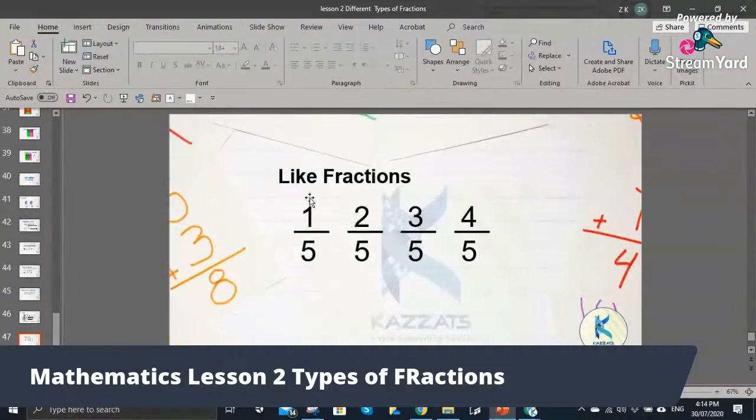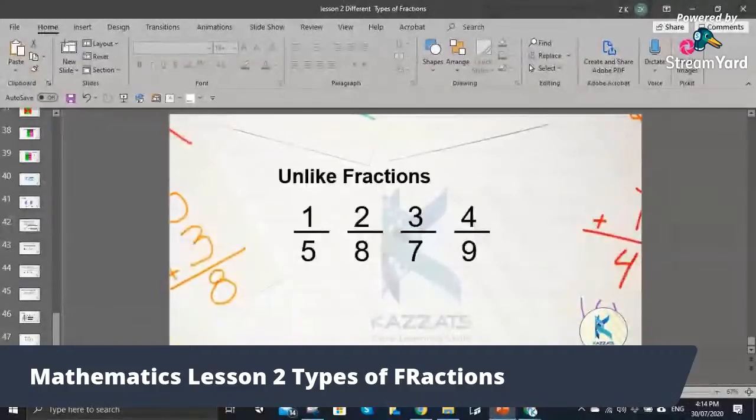If the denominators are the same, they are like. When you move on to higher classes and start to add, subtract, multiply and divide, then the terms like fraction and unlike fraction will be used very much. If you don't know how to identify a like fraction and an unlike fraction, then you will not be able to follow the guidelines. So better understand these two things, like fractions and unlike fractions. Okay, then we have another term that is known as